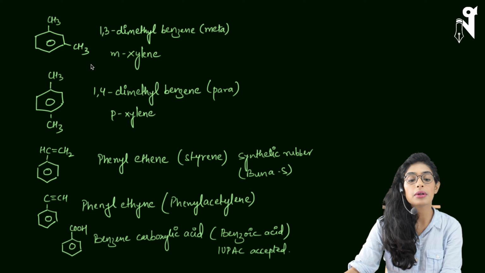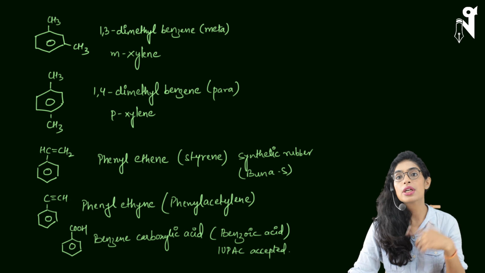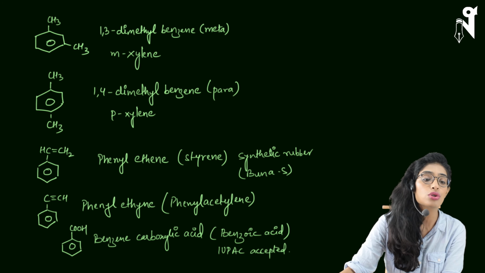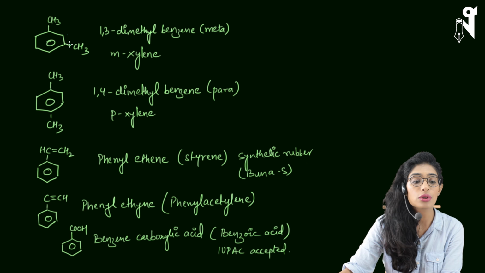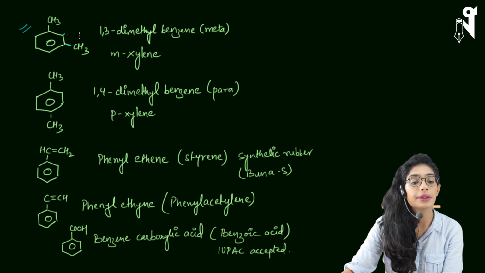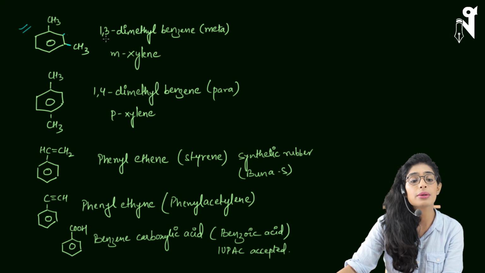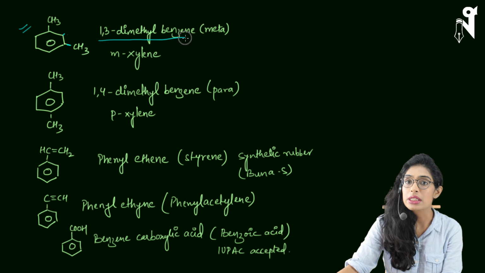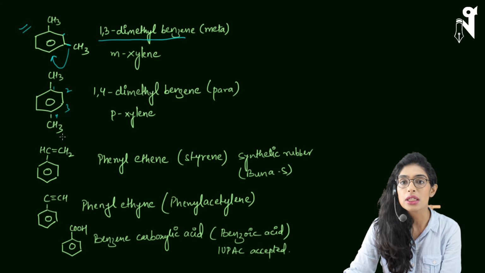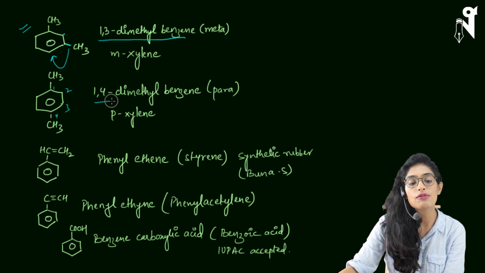Let's see the other variants of the same compound where we have two CH3s on different positions. In the previous case, we had two CH3s on the first and second position. Now, if I change the position of CH3 from the second position to the third position, then this is how the structure will look. And how will we name it? We will name it as 1,3-dimethyl benzene. Another way we can place the CH3 is here, and this will be 1, 2, 3, 4. So on the fourth position, the other methyl group is present. So the name of the compound will become 1,4-dimethyl benzene.